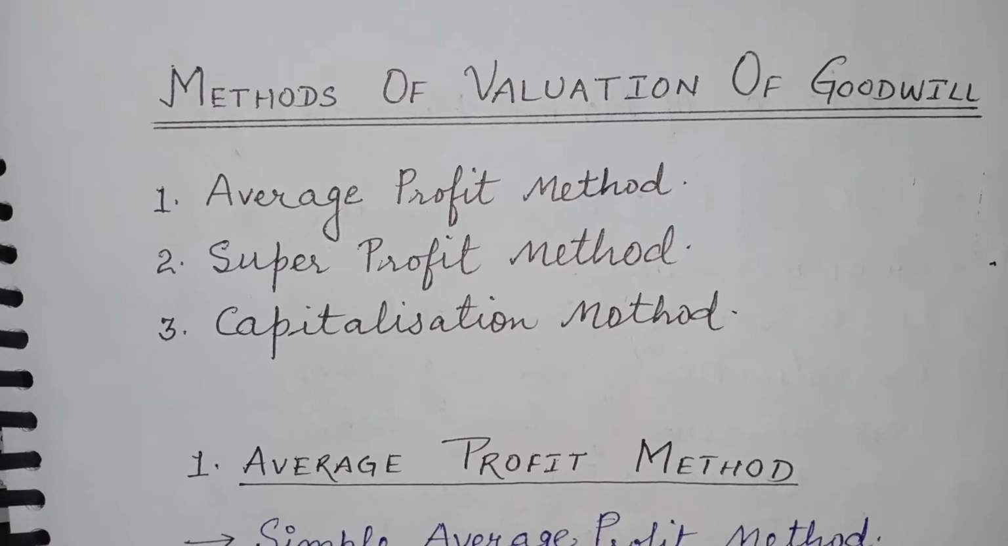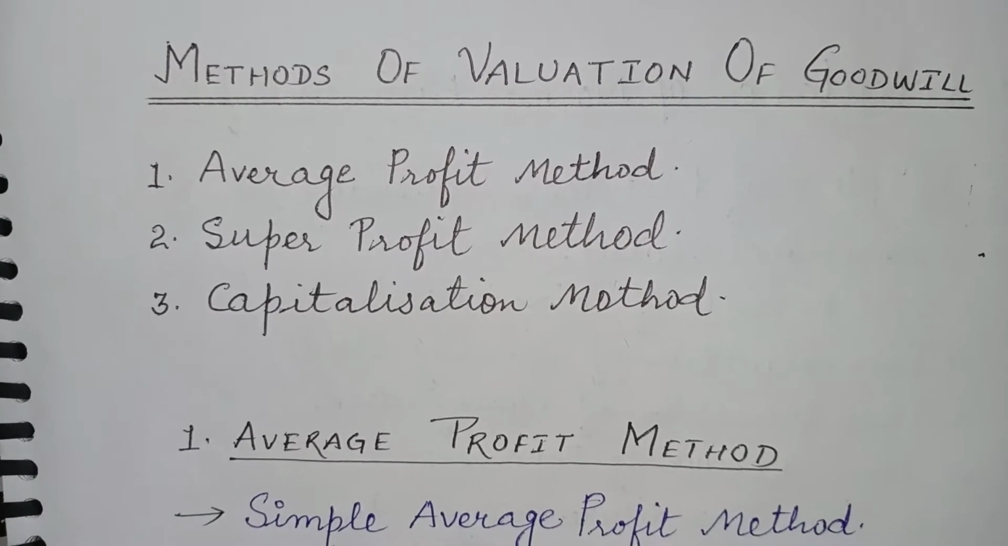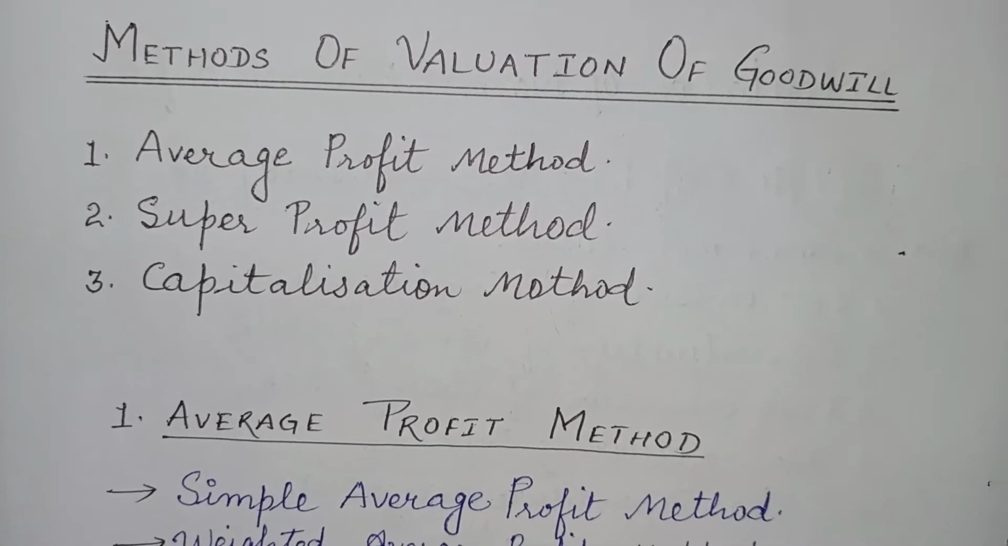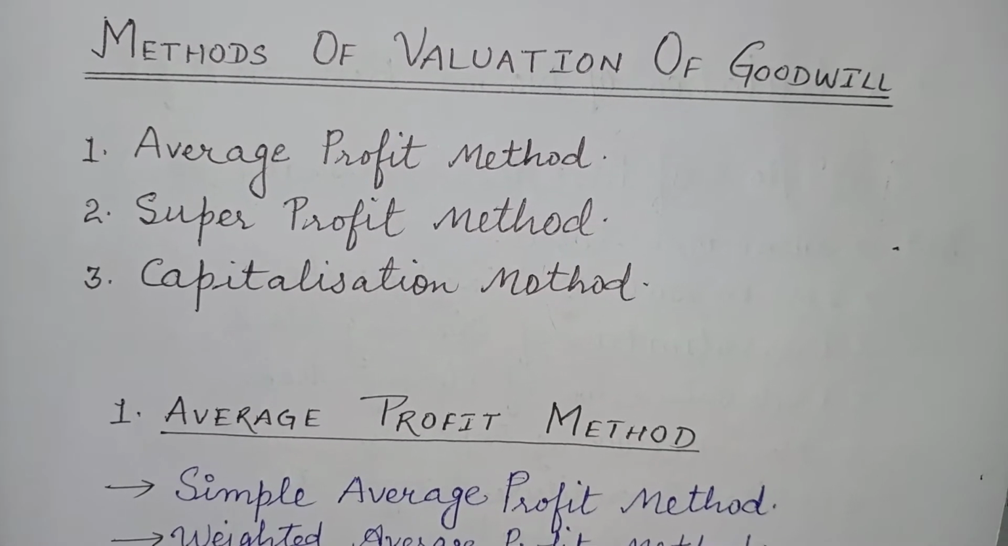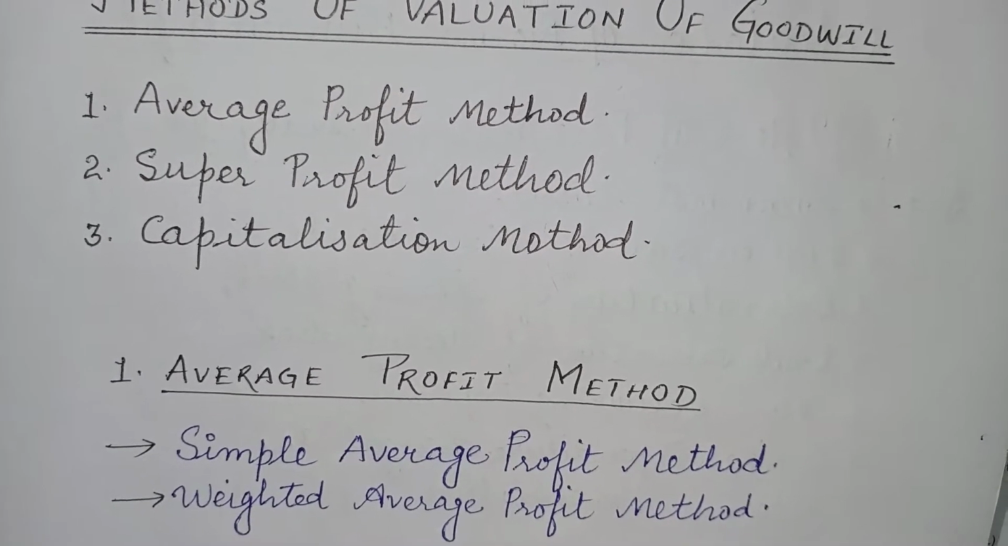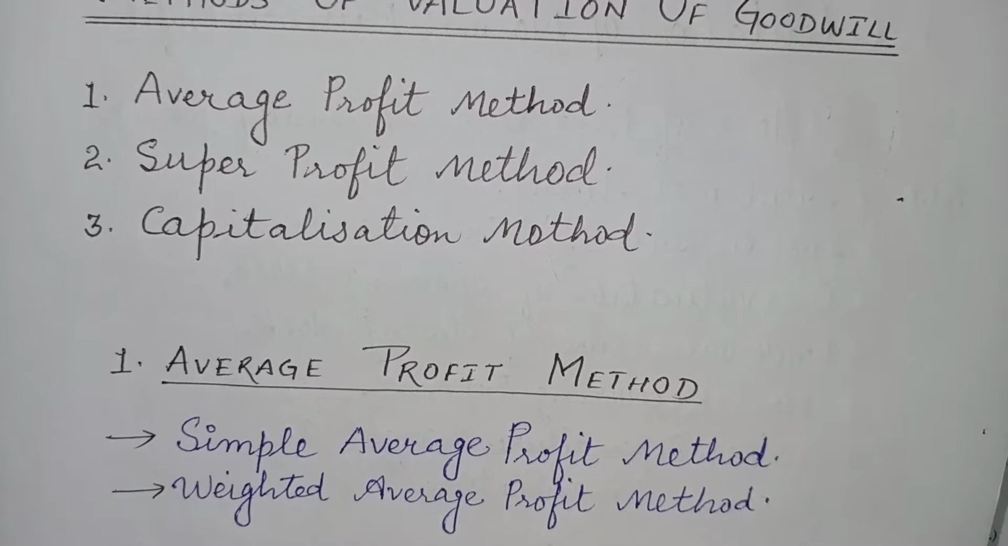We will be discussing the different methods for the valuation of goodwill, and here in our syllabus there are three methods. First one is average profit method, super profit method, capitalization method. Now first of all we will discuss one by one the different methods and we'll take the practical problems of